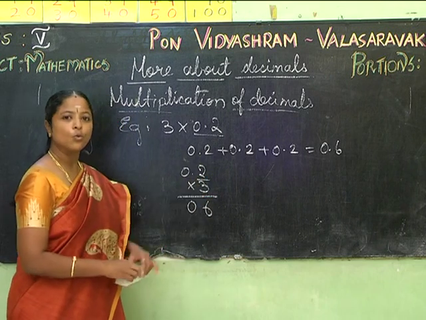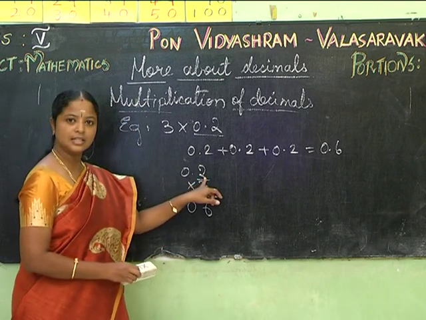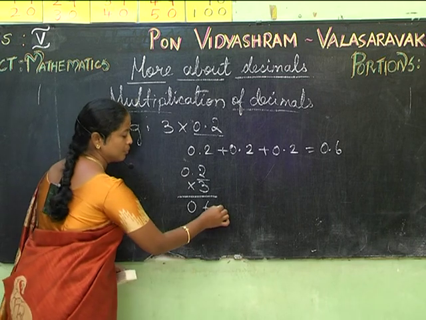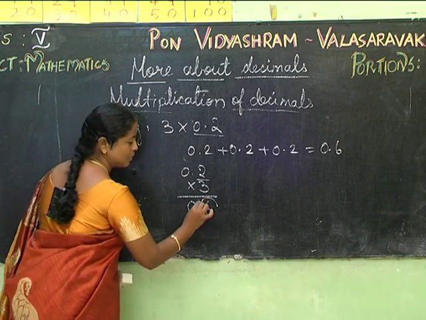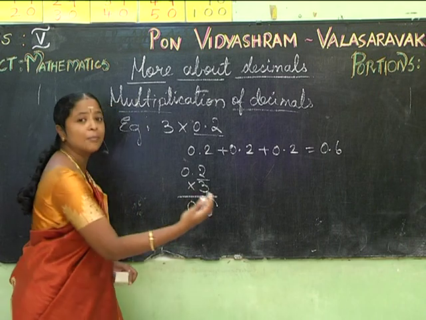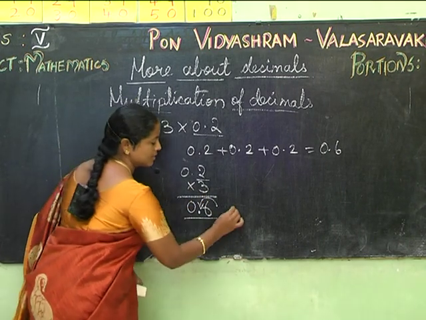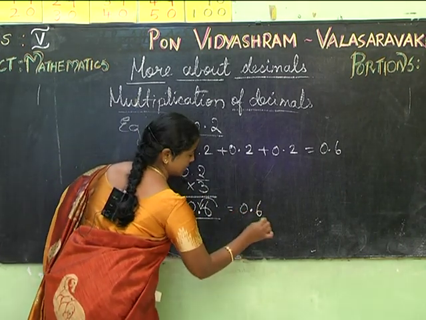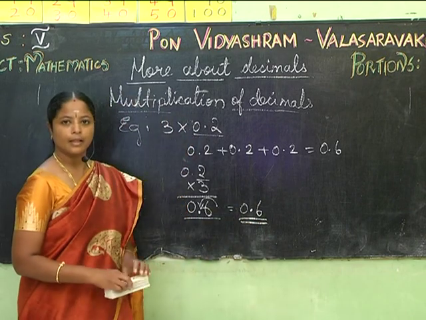Here there is only one decimal place after the decimal point. So I am going to place the decimal point one place from the right. So my answer is 0.6. Now